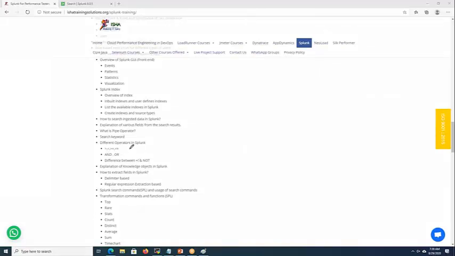We'll be discussing how to use the pipe operator, what is its significance, and what is the search keyword, and we'll be using some operators, and we'll be writing some queries, and we'll be discussing the knowledge objects, and how to extract the fields.